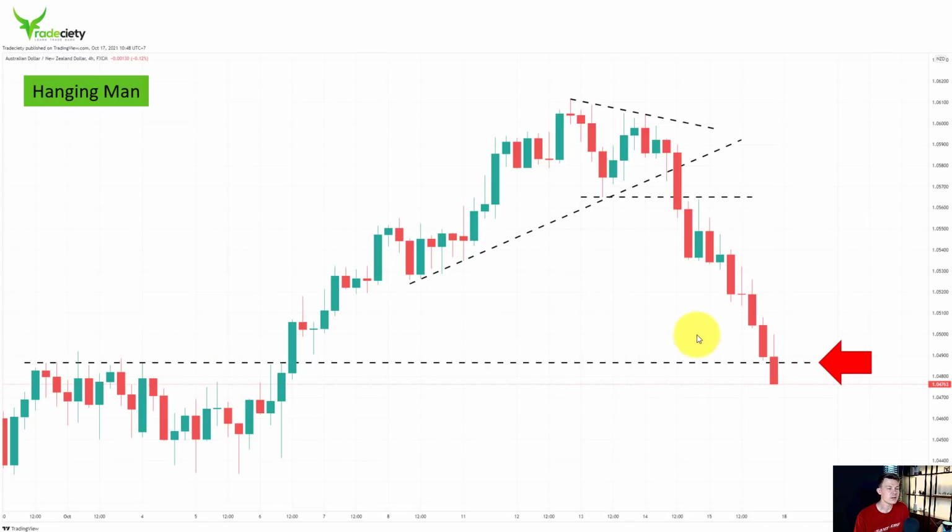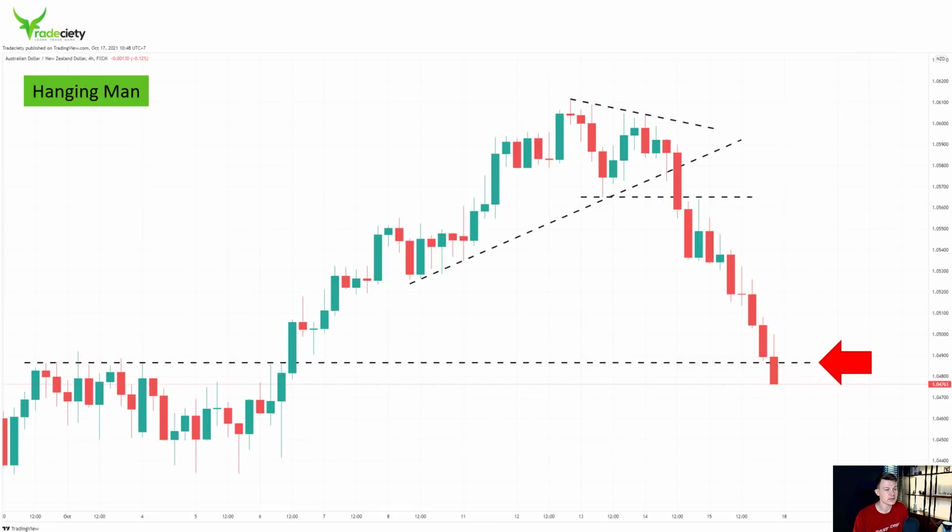Again, a very simple beginner target idea would be to look left and analyze and ask yourself, where's the last important support and resistance area? You can clearly see that here has been a very important resistance area, and that would be an idea to take a profit order here because the market is likely to bounce. Not always will the market actually bounce, but very, very often you will see some reaction here